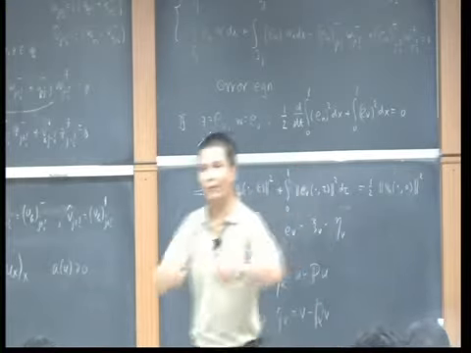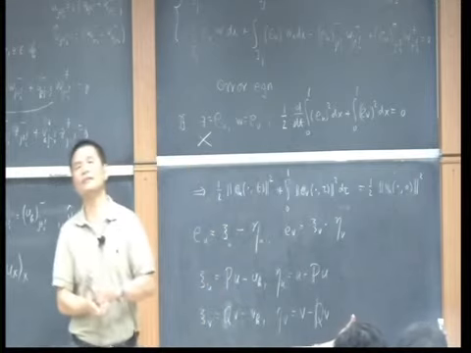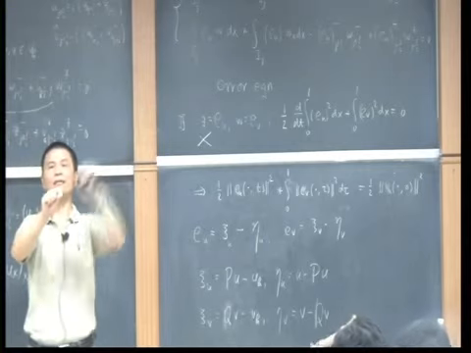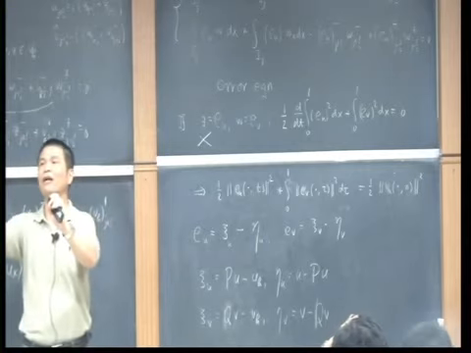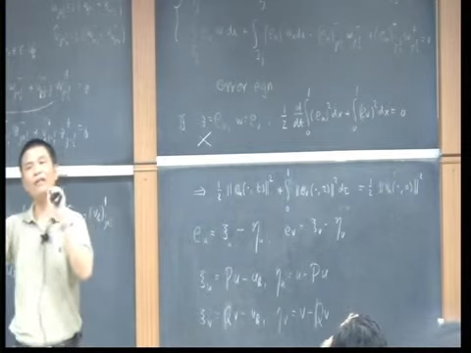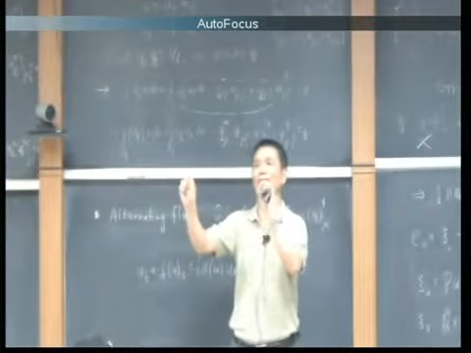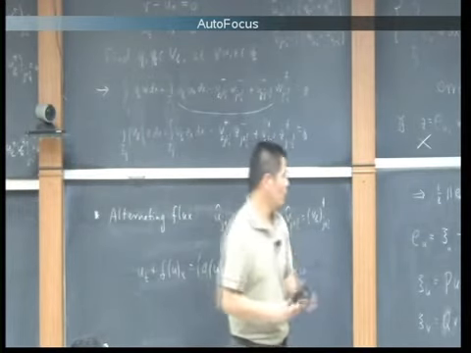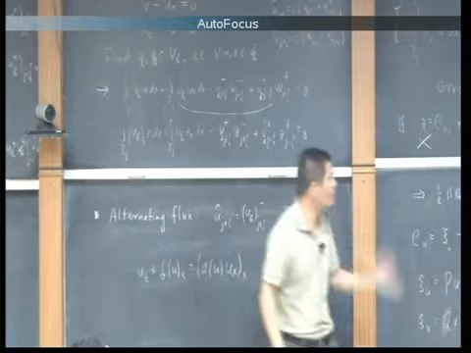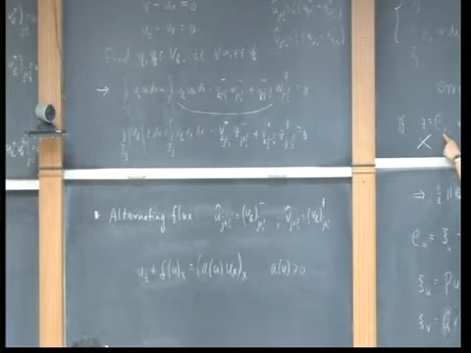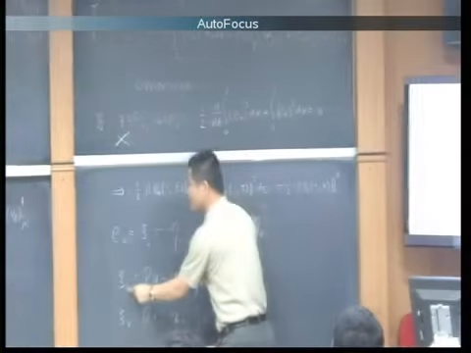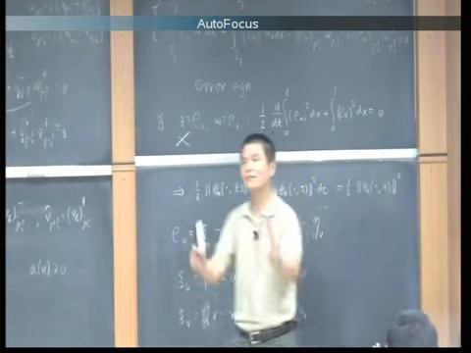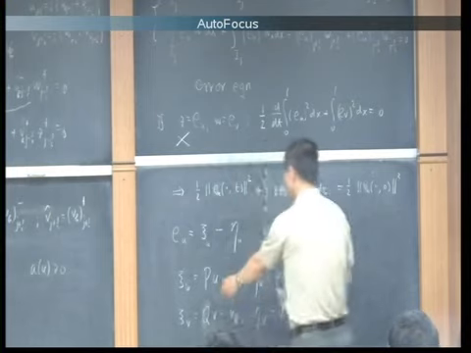So let me decompose the error into two parts. The first part is the exact solution minus some middle guy which is in the space. The second part is this middle guy, which is in the space, minus the numerical solution, which is also in the space. The benefit of such decomposition is that the second part, the difference between two functions in the same space, will be in the space. So xi will be in the space. So even though I cannot take Z to be EU, I can take Z to be xi u. That's legitimate, because xi u is indeed in the finite element space. So then I take xi u